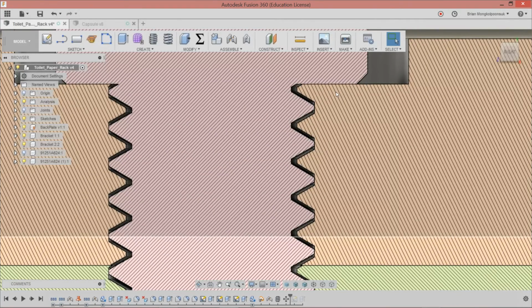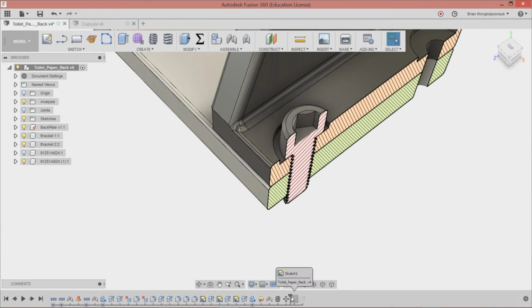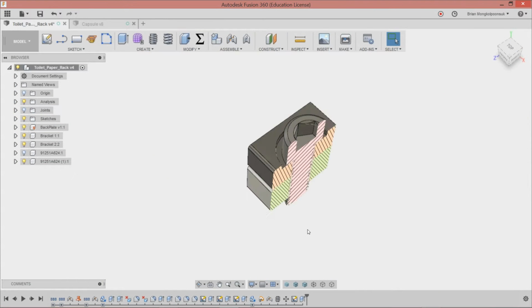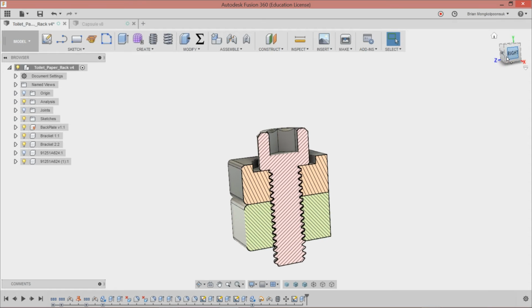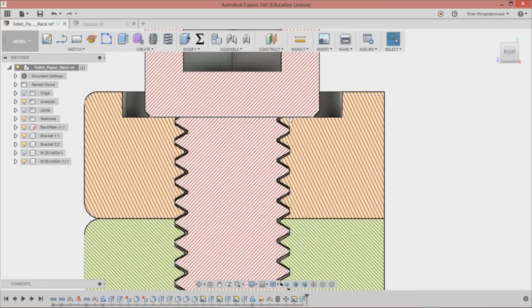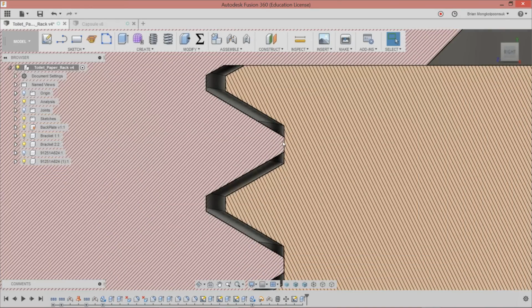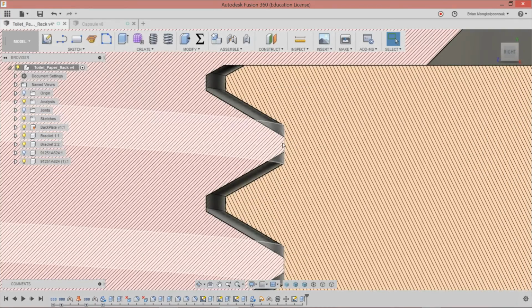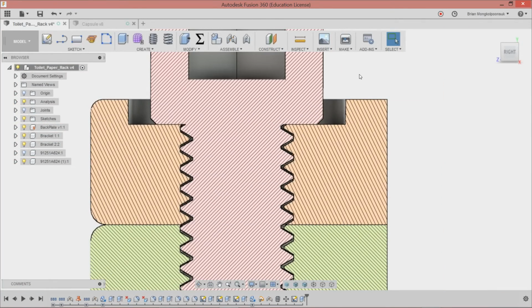Now I actually printed this set after cutting away the rest of the model because I didn't need to print the whole model just to see if this thread worked. I printed the set and it came out too tight for me. When I screwed it in, it was really rough to screw in, and that's because if you notice, the faces here are completely touching each other, and that was the reason why it was a little rough to screw in. So what I did next